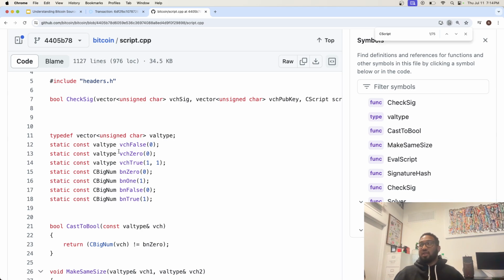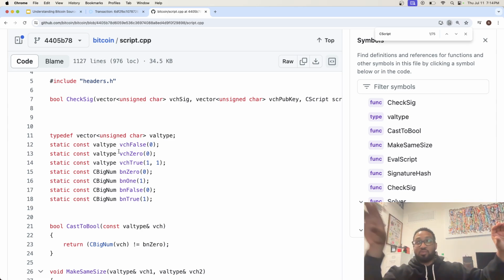There are a lot of bugs that you avoid this way. Your script pub key is the program you use to lock your Bitcoin, and your script sig is what you provide when you're trying to spend the output.